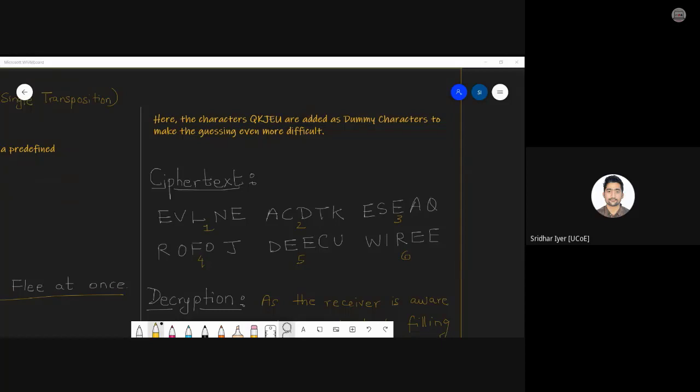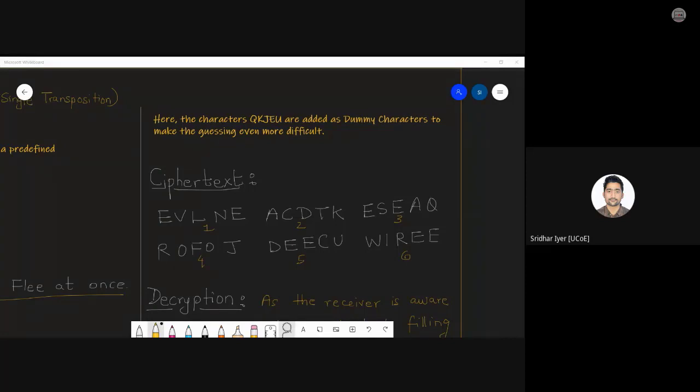How to decrypt it? Now you only tell me how to decrypt it. Correct. According to the number of the key, fill the matrix. Fine. As I have already told you, in each and every cipher that you are going to learn, the main aspect becomes the key. The key has to be shared properly. Once the key is shared between the sender and the receiver, we already have seen the network security model. If you remember, there was a concept of secure key exchange, right? That is why I have already covered that topic prior, because there has to be a secure key exchange using which you have to exchange the keys with the receiver.